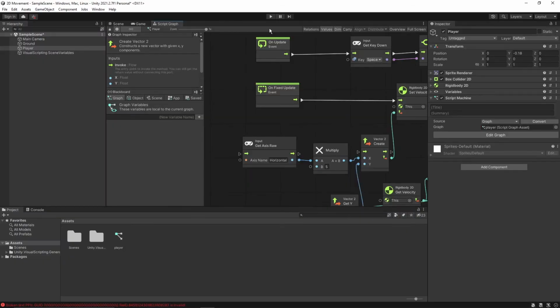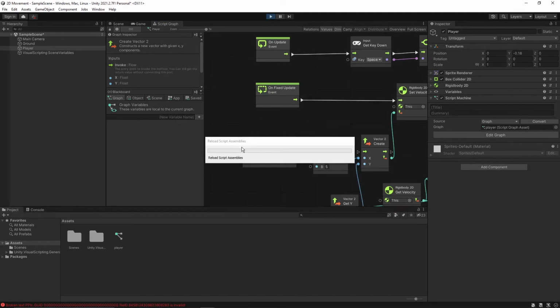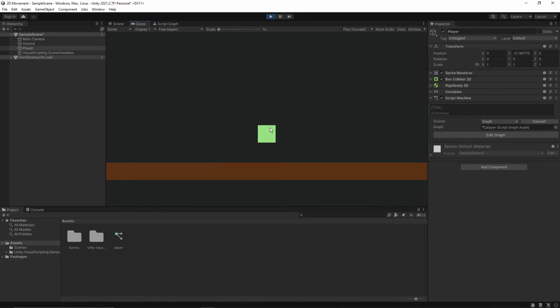Now let's try. You can see it's moving left and right as well as jumping. So this is our player movement completed without writing a single line of code.